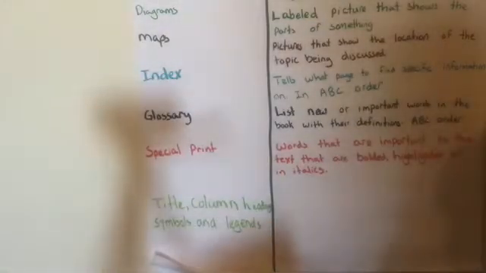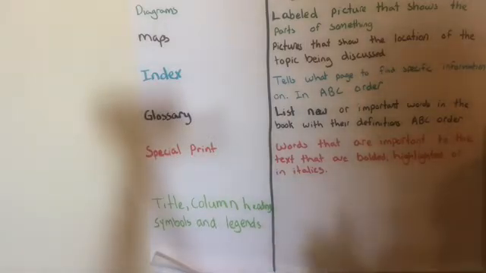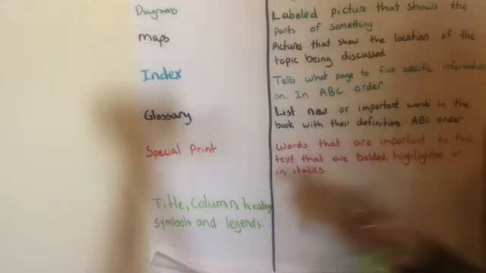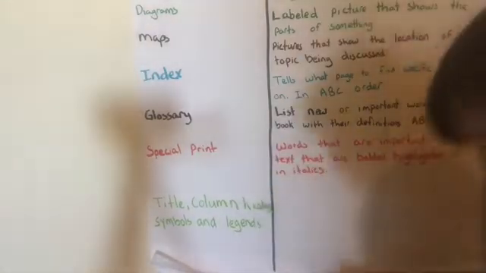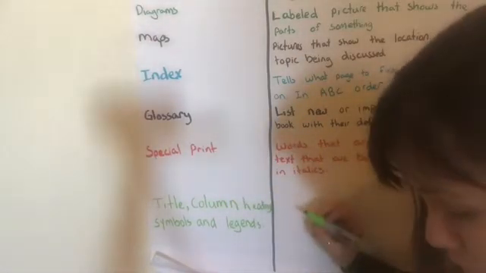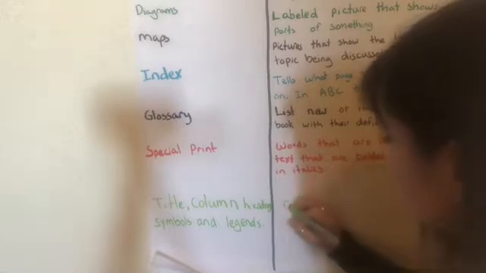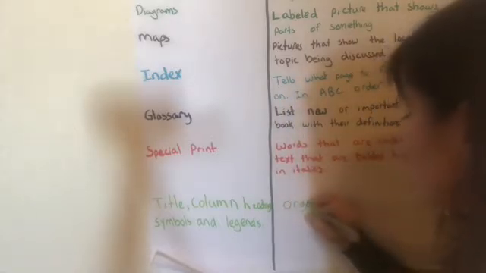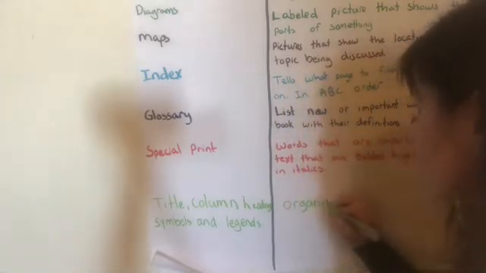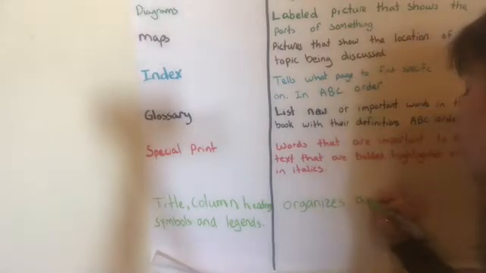And they help the author organize the text in such a way that makes it really easy for a reader to understand. So the purpose of this text feature is organizes a functional